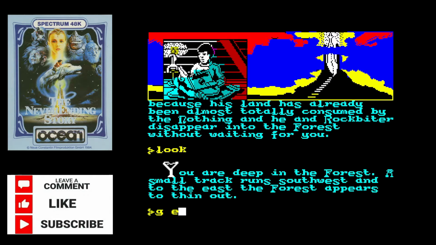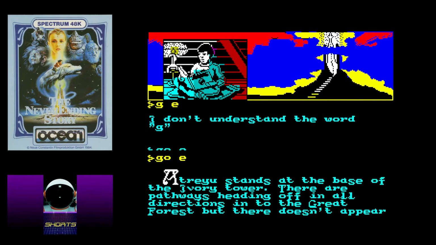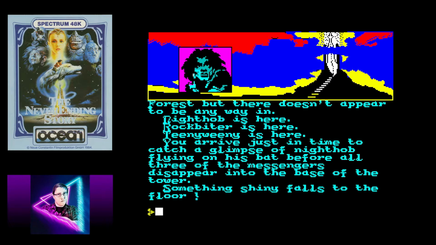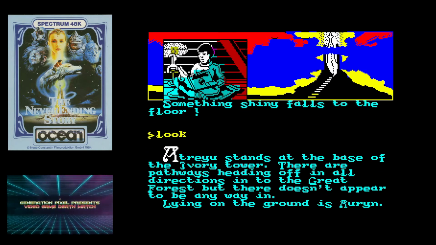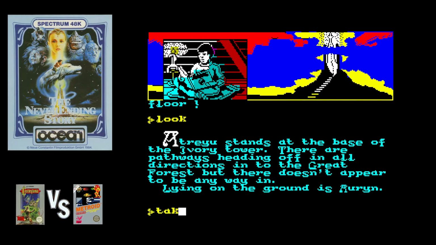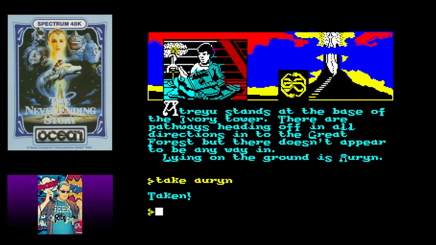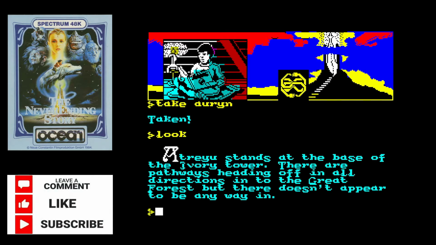Now, most of these games had fairly standard templates when it came to the inputs. For example, when you were physically moving your character from one area to another, it tended to be go north, go south, go east, go west. Of course, you could also add in northeast or southwest, but you get the point. And to go in these directions, you just simply typed go north, or whichever direction you were looking to go in. Other standard words that were used in most of these games, well, you had look, take, pick up, open. I mean, again, you're getting this. It's simple words for simple actions.